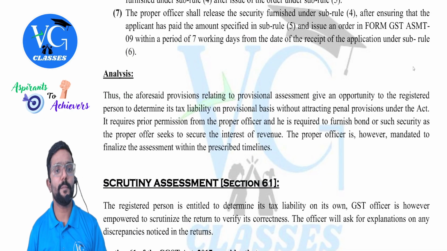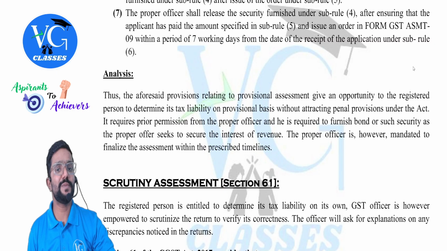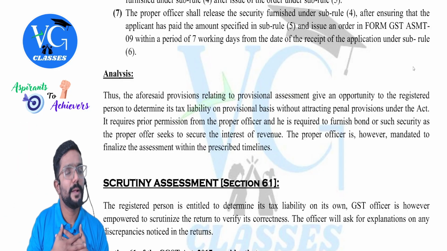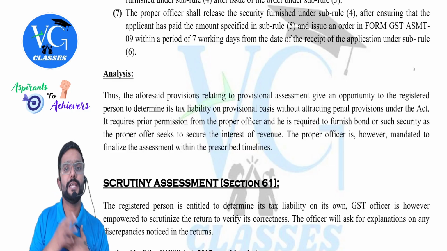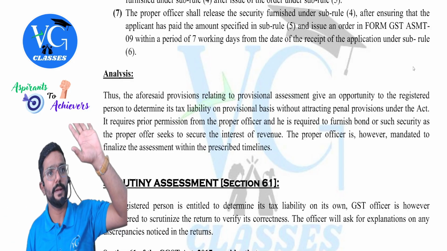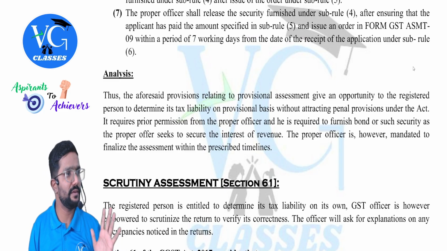Sub-rule 7. The proper officer shall release the security furnished under sub-rule 4 after ensuring that the applicant has paid the amount specified in sub-rule 5 and issue an order in form GST ASMT 09 within a period of 7 working days from the date of receipt of application under sub-rule 6. Simple. Sir, now the final order is passed by the proper officer. As per the final order, I was supposed to pay 7 lakh. But I already paid how much? 5 lakh. Now if I have paid the remaining 2 lakh and I have asked for release of security,